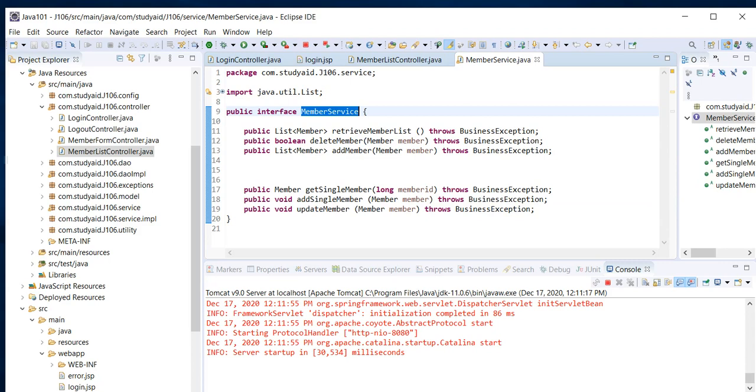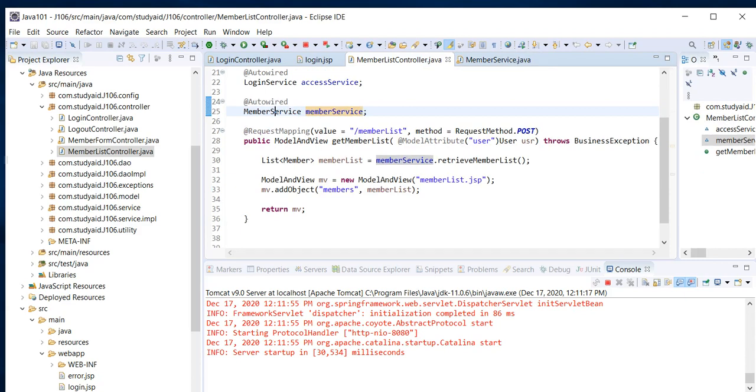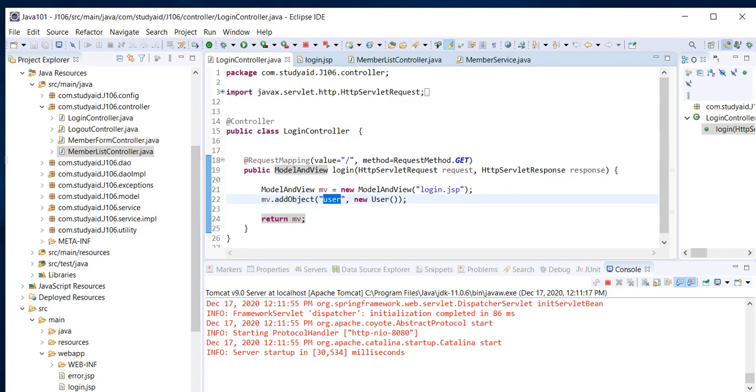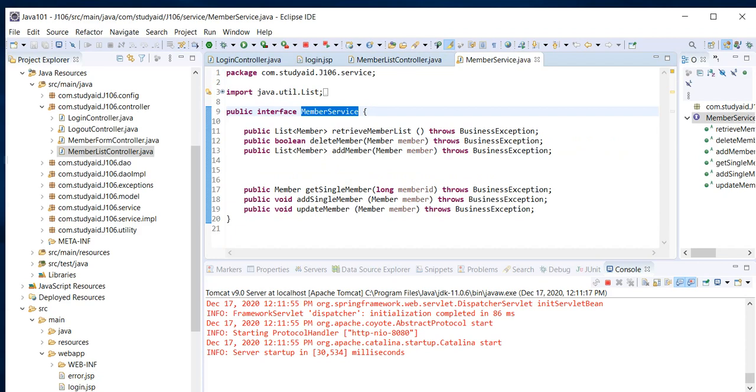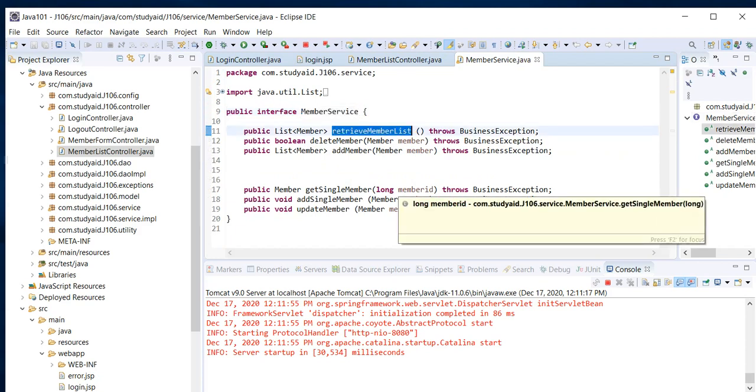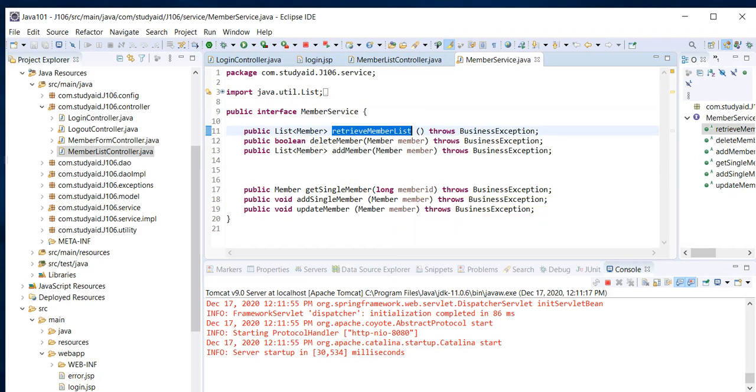Okay, and we are interested in, let's say, retrieve member list. So if we go over here, retrieve member list, okay, so this is the one that we are invoking, and